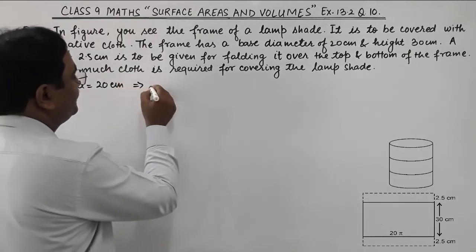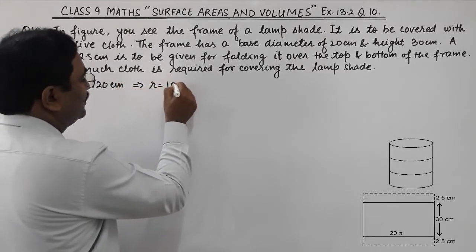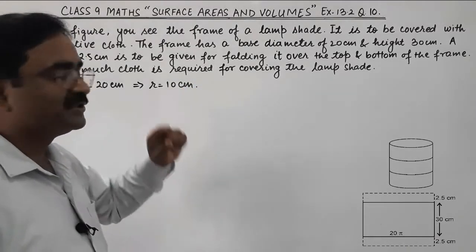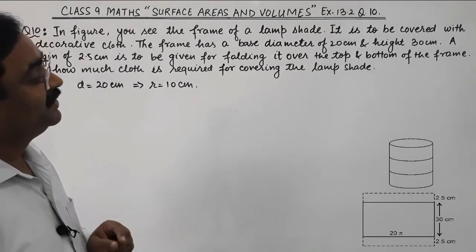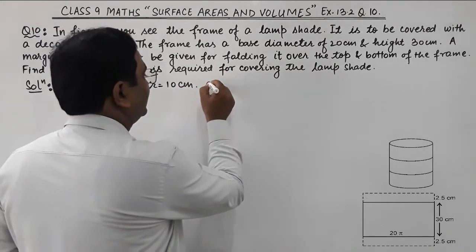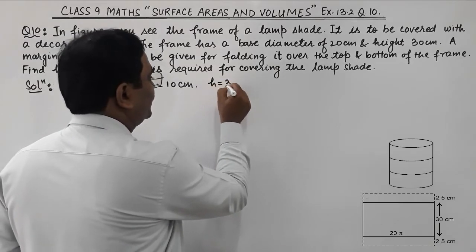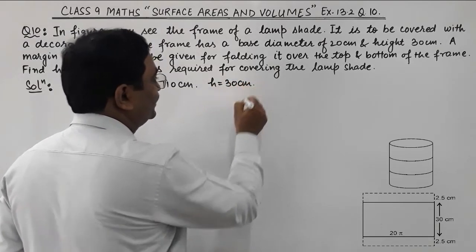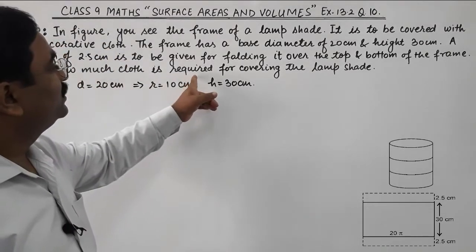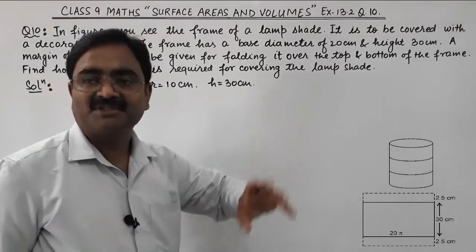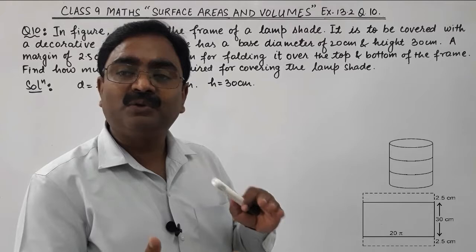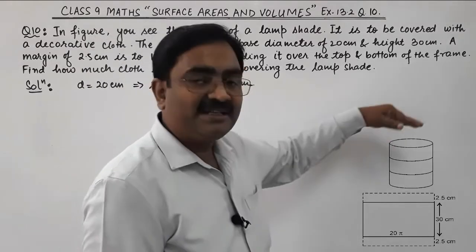Now height of the frame is given 30 centimeter, but you are going to find out the area of the cloth for covering this lampshade. When you cover it, the cloth needs 2.5 centimeter at the top